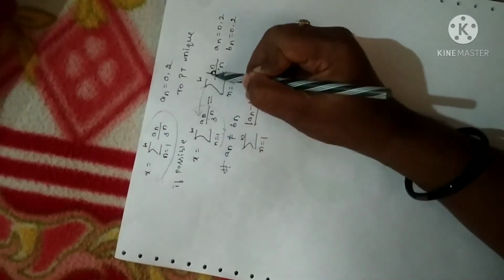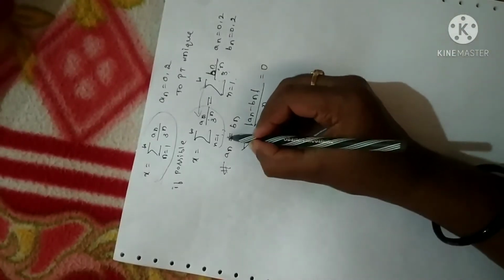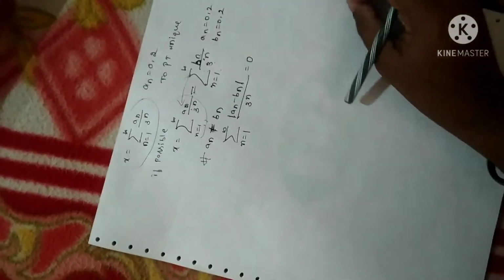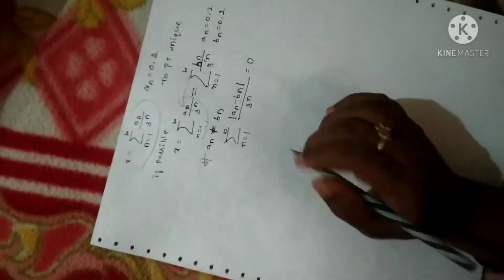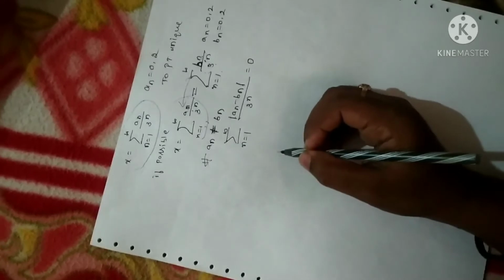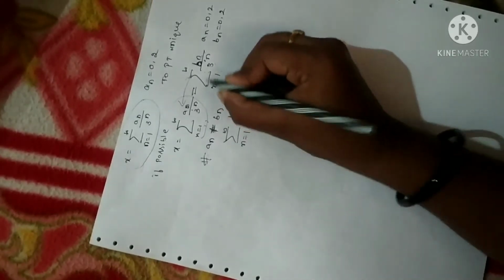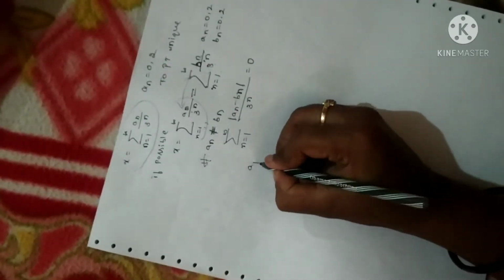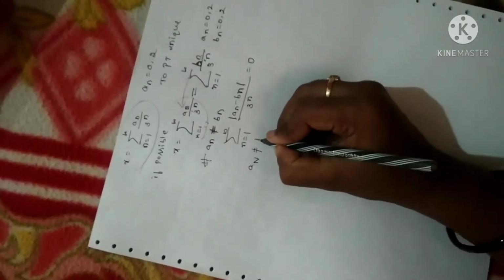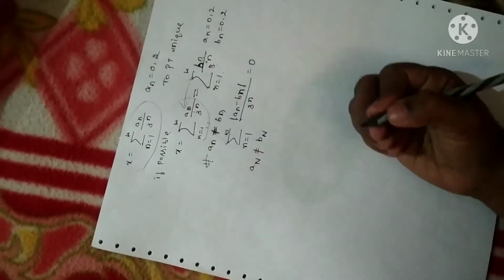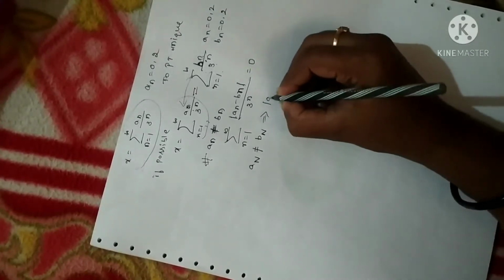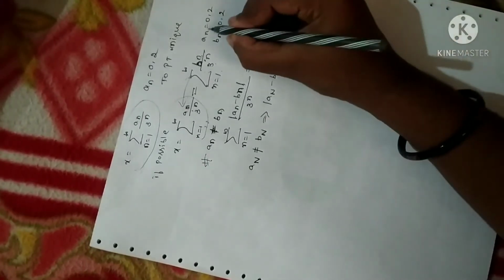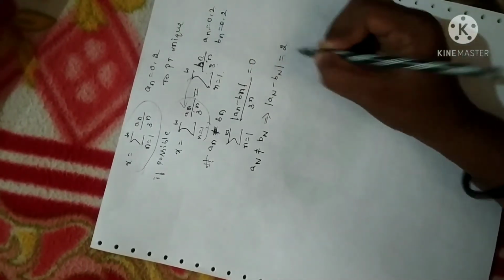Now I am proving this by contradiction method. Remember, I have to prove an is equal to bn, but if it is not possible, let me assume it is not possible. In the sense, those two values are not equal, I have assumed. Fine. Now I am proving that whatever I have assumed is false, so that it is stated to be a unique expression. Now what I did is I have shifted this value for particular small n. Fine. Now clearly the length of any interval, an is not equal to bn. Why? Because I have assumed an is not equal to bn. That implies an minus bn will be equal to 2. Why? Because an minus bn is 0 minus 2. Length of this interval is 2.